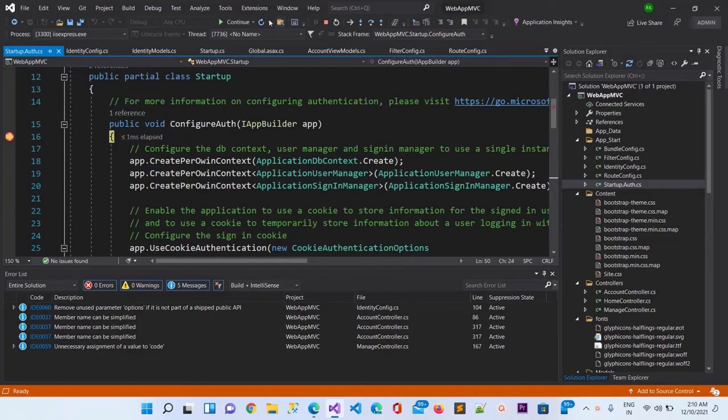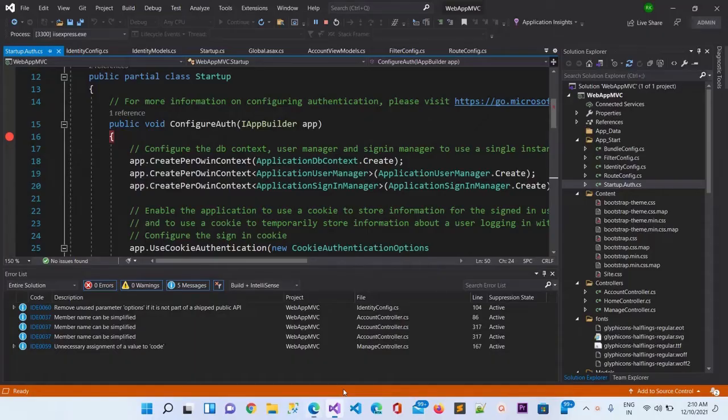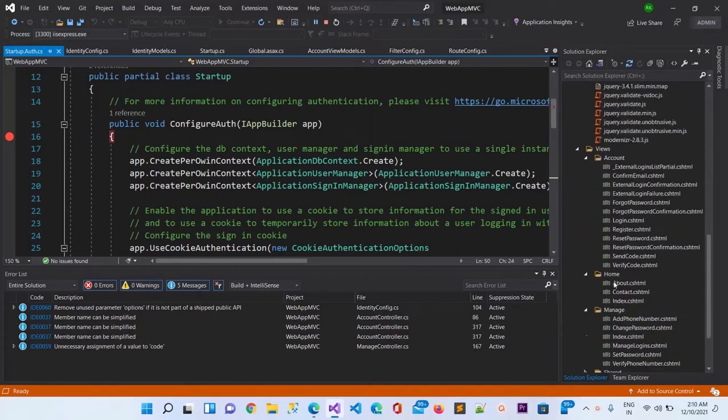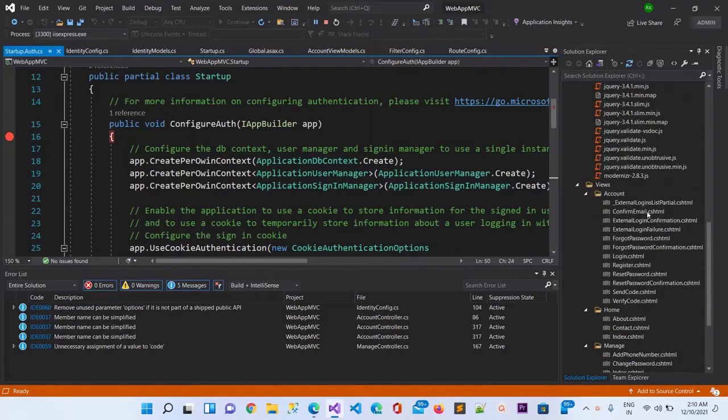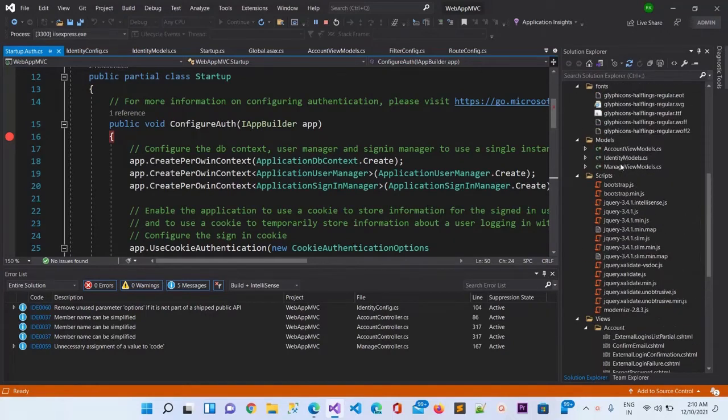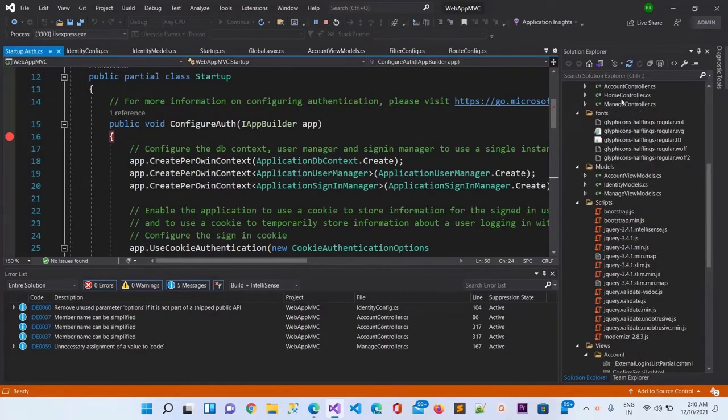And from here, once I click on continue, it will now reach the controller, I think. So let me go ahead to the home controller. Here is the home controller.